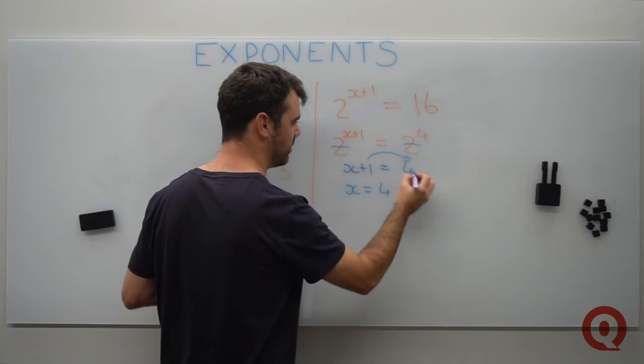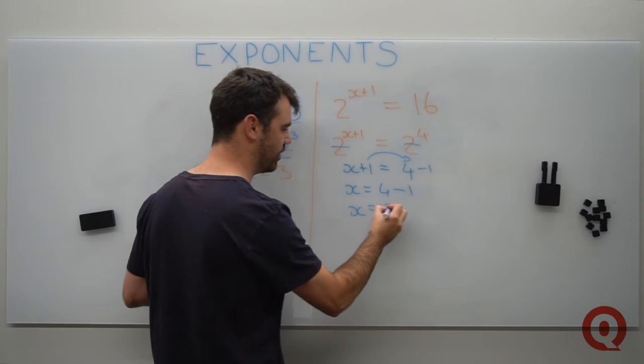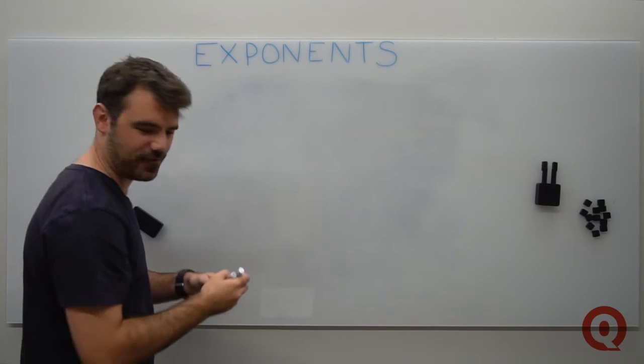We've still got some cleaning up to do. We take the 1 across and it becomes a minus 1, so it's 4 minus 1, so x is equal to 3. What if I have